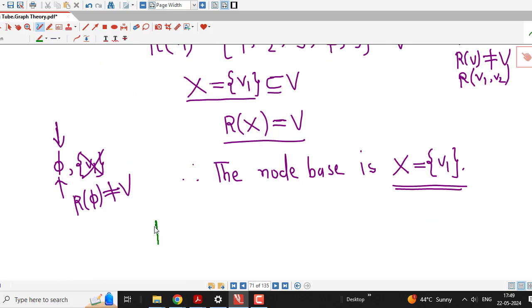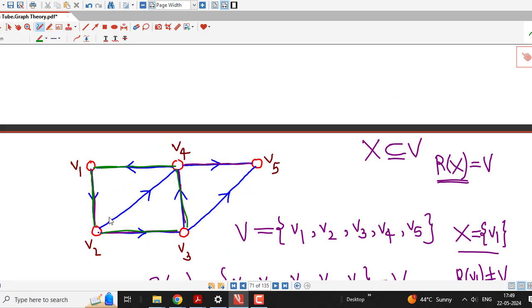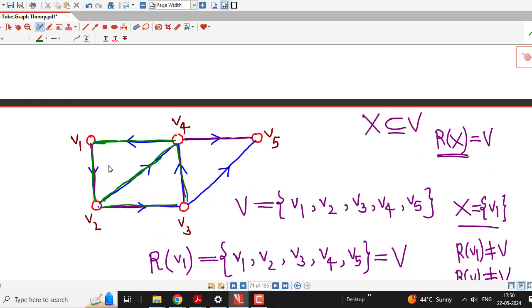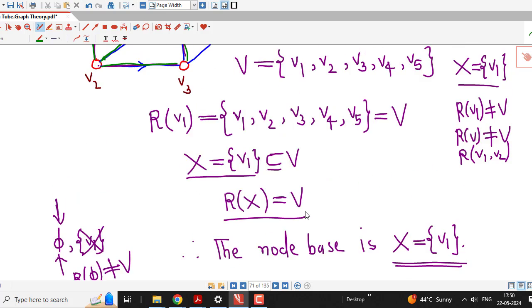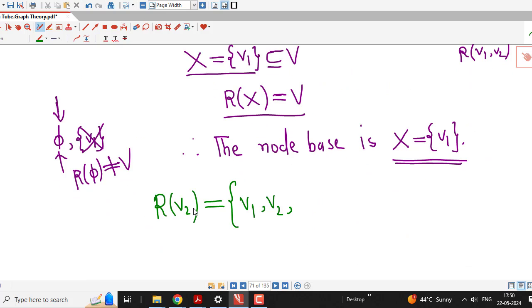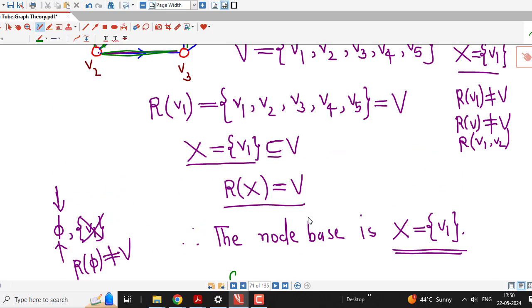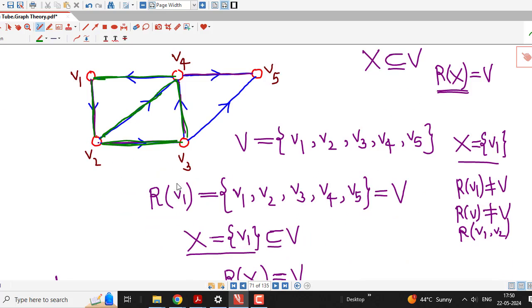Suppose we try to find out reachable set of vertex V2. Then we can see that we can reach V1 from V2. There exists a path from V2 to V1, this path. Therefore V1 is reachable from V2. V2 is itself reachable from V2, and then V3 is also reachable from V2. So here we write V3 also. Similarly V4 is also reachable from V2. So we write V4 also,